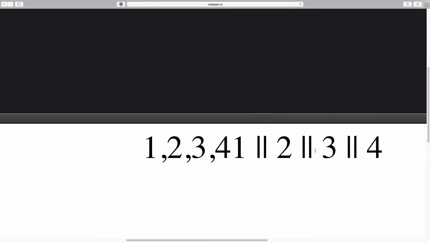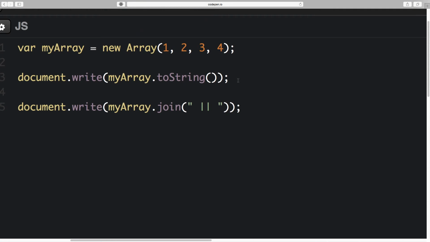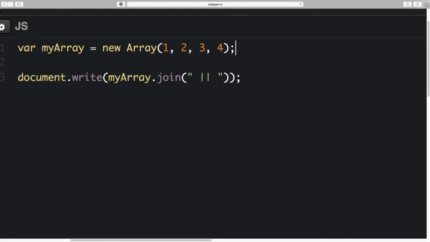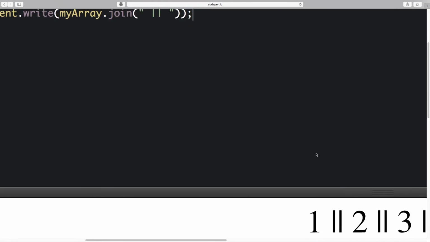Okay, so if I scroll down, as you can see, it's doing the first document.write, so that's kind of ugly. So I'm going to go ahead and get rid of that, and now it should update to have 1 and then 2 pipes, 2 space, 2 pipes. So it just allows you to write out your own separator, which is kind of cool. A little bit of fun to play with. So if you're doing like a battleship or something like that, you could easily use pipes as your separators